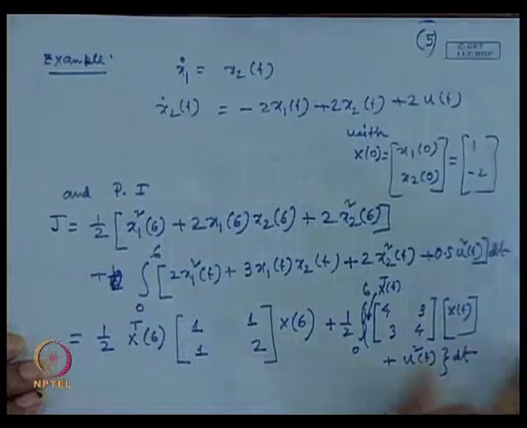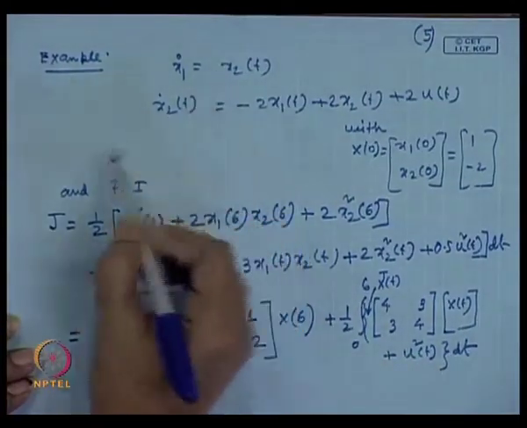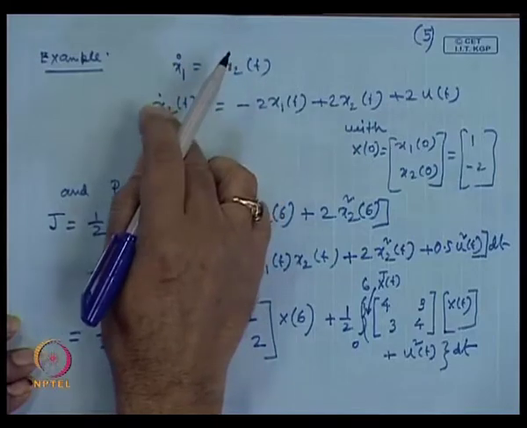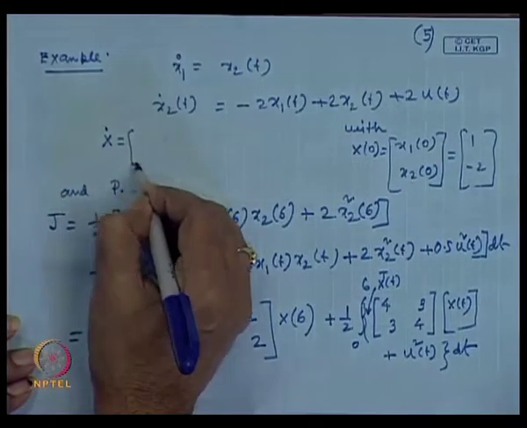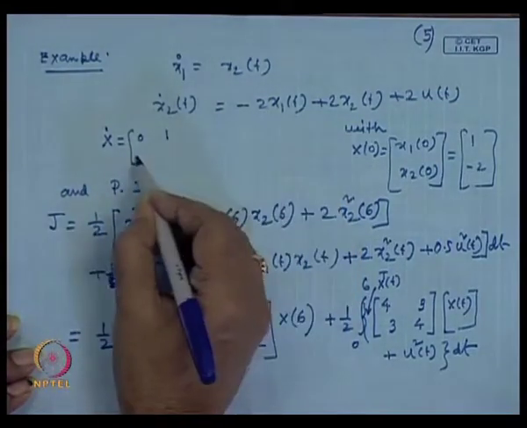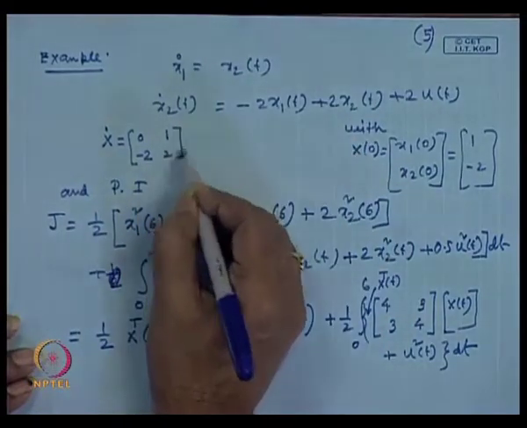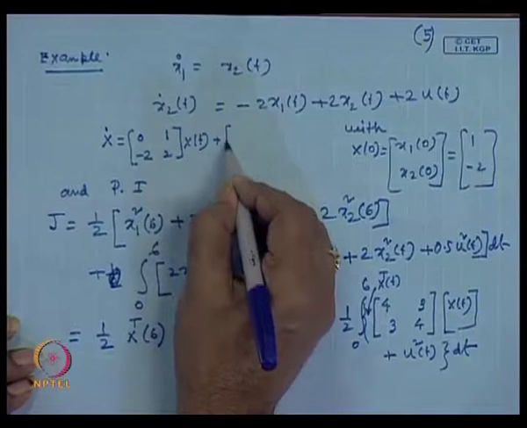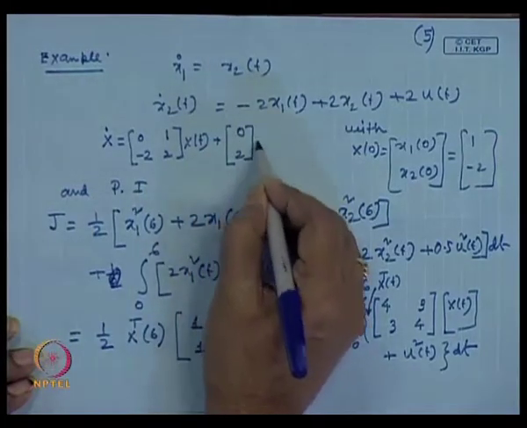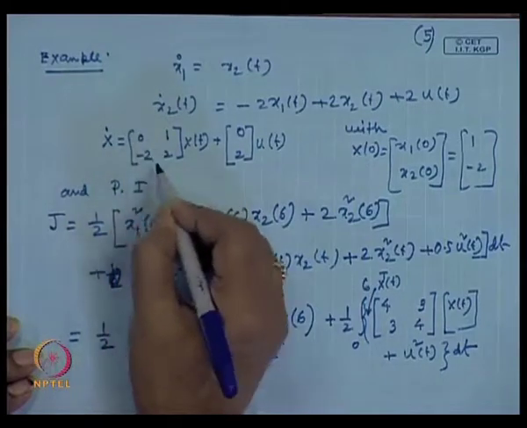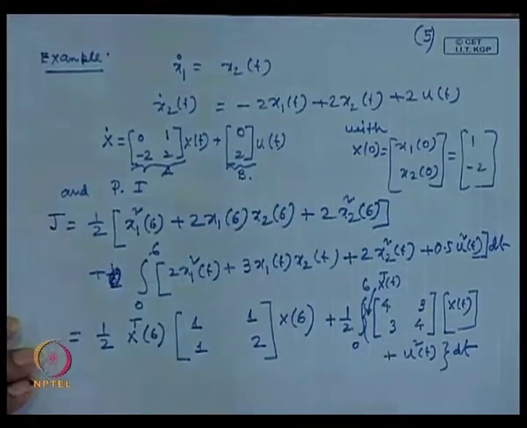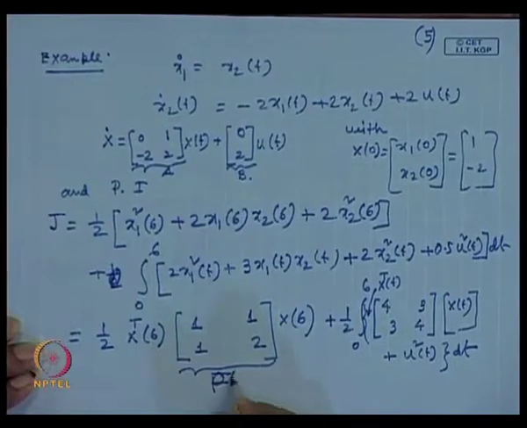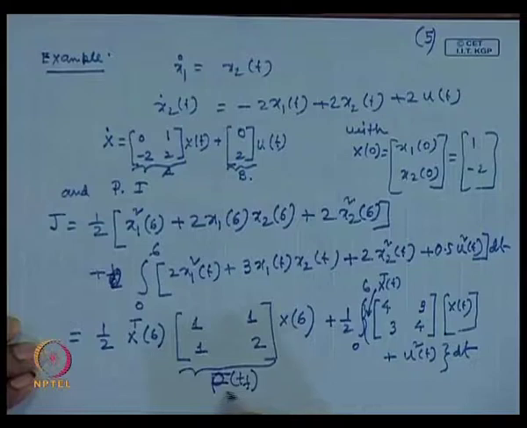So, immediately you can find out from this expression, if you write these two equations in compact form, I can write x dot is equal to [0 1; -2 2] x of t plus [0; 2] u of t. So, this is nothing but our A matrix, this is nothing but our B matrix, agree, and this quantity is nothing but our F of t, this weightage is given at time t,